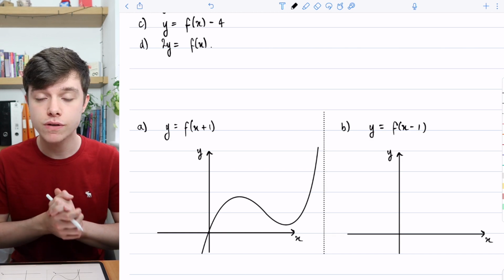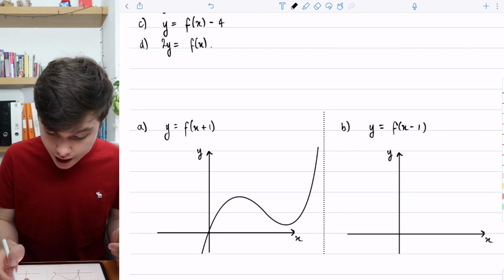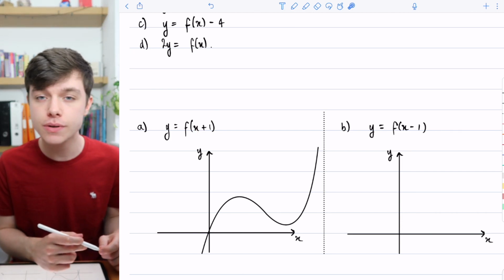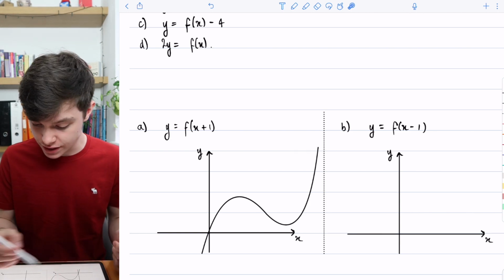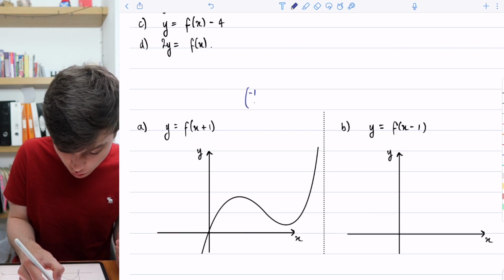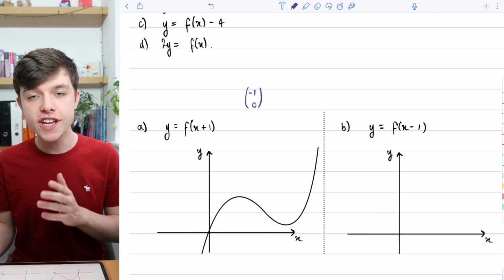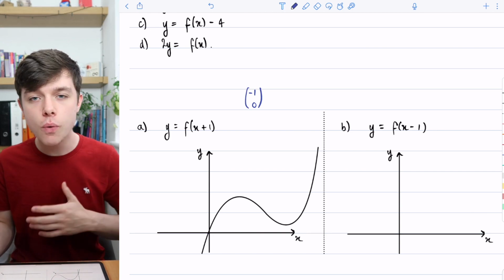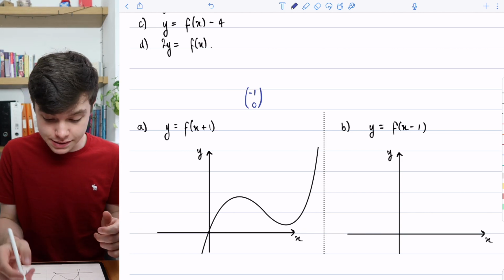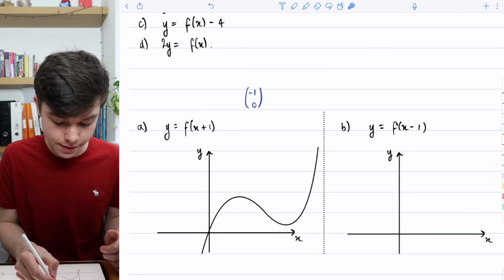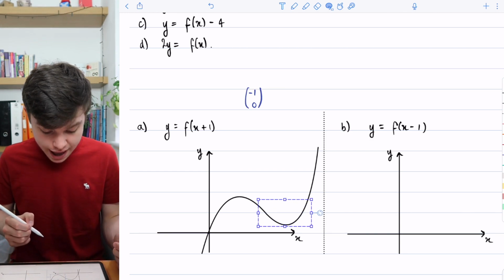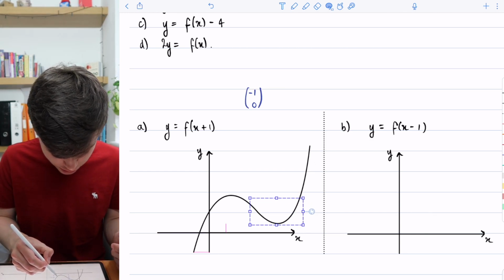In the previous videos, we've had a look at how we can translate graphs. And I can see here, I've got a plus 1 inside my bracket with the x. So what that means is, and have a look on a previous video if you're unsure, we're going to move this graph by the vector minus 1, 0. We're going to do nothing to the y direction, so there's going to be no vertical movement, it's all going to be horizontal, and we're going to move it by the opposite sign to the constant that's inside the bracket, so minus 1. Okay, so if I take the whole of the graph, I'm going to move it by minus 1, and it's going to look something